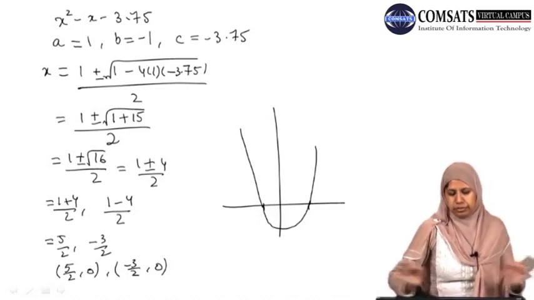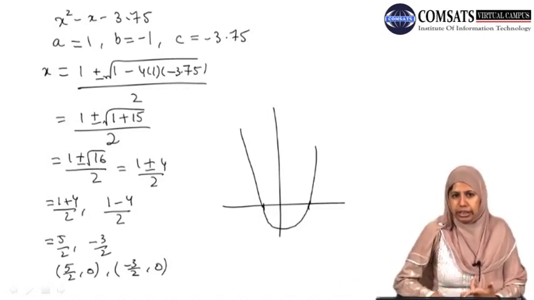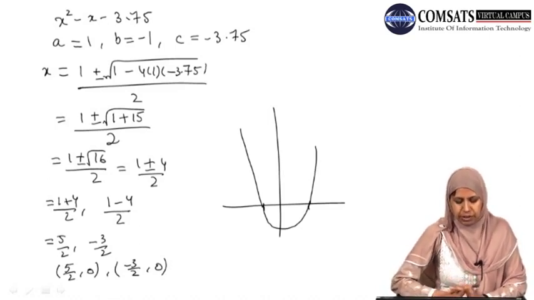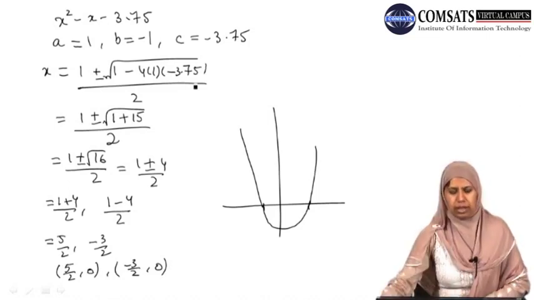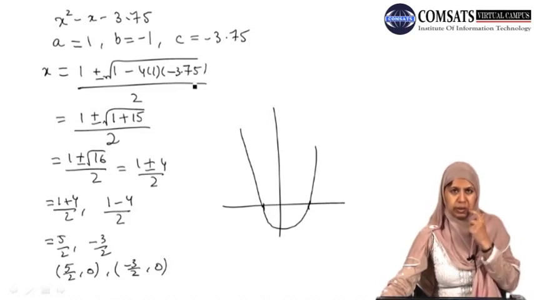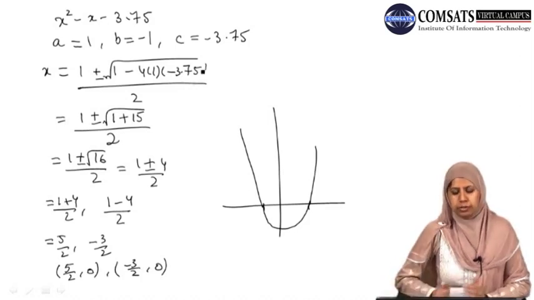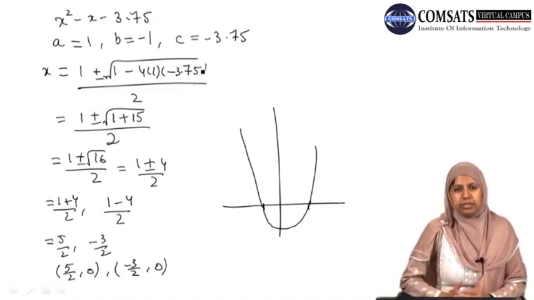Okay, so far we have discussed the concavity, which is very simple to identify, the y-intercept of a second degree equation, and the x-intercept with the help of two methods, by using the factorization method and by using the quadratic formula. The last thing which we need is the vertex of our parabola, which we will solve in our next lecture.